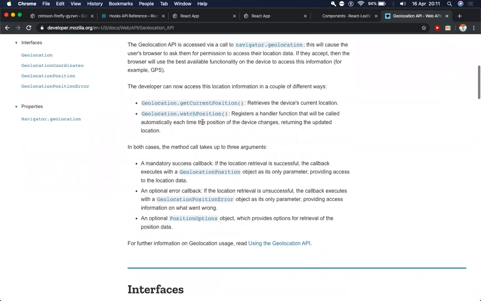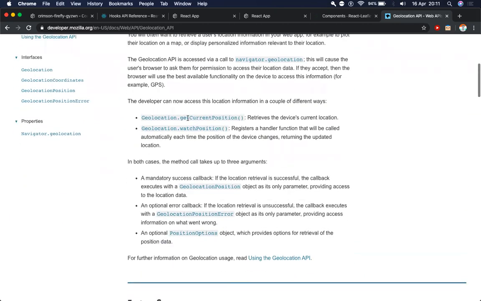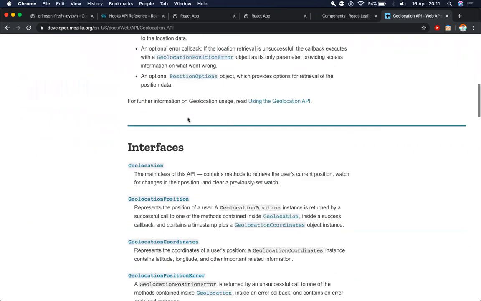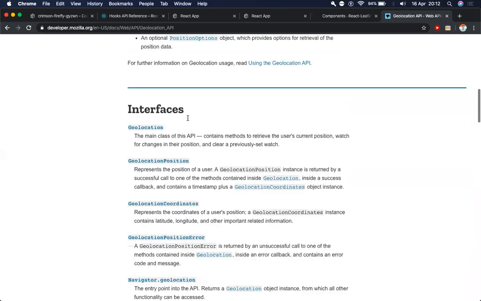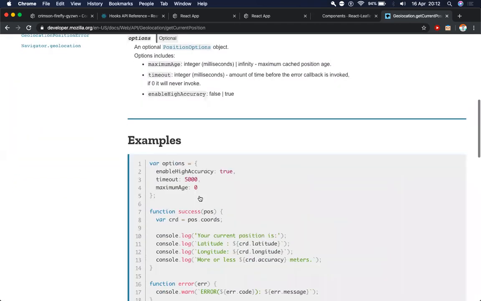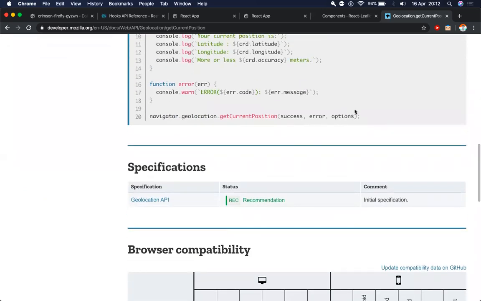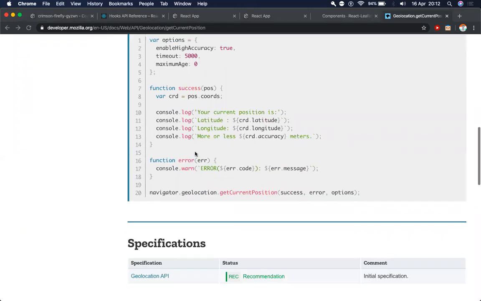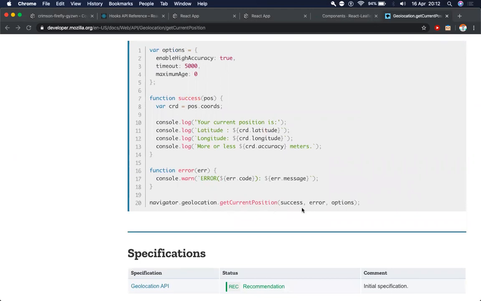So we see that we have something called the geolocation API in our browser. It has a function called getCurrentPosition, which returns the device's current location. If I scroll down, I don't see anything helpful here. So I'll just click on this function. Again, they're giving me a bunch of syntax, not really usable right now. So I'll look at this example. I see navigator.geolocation.getCurrentPosition.